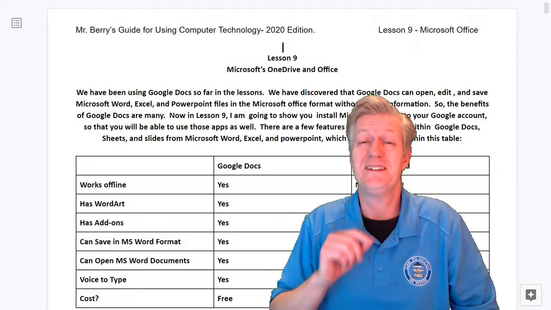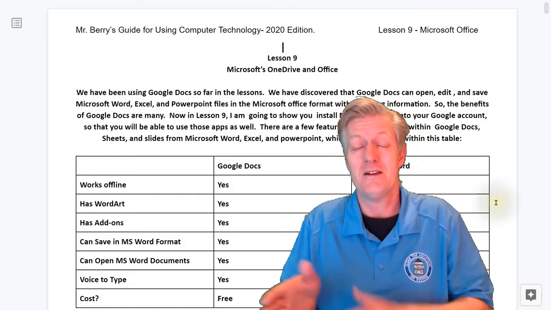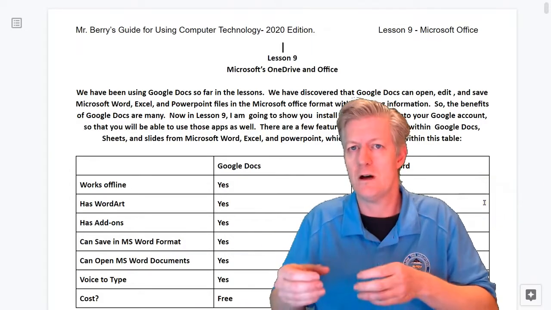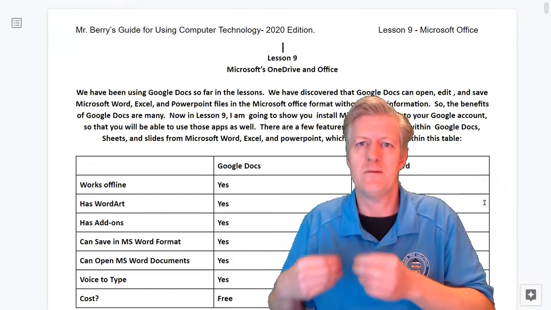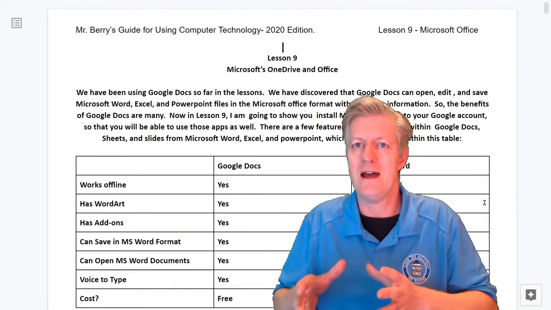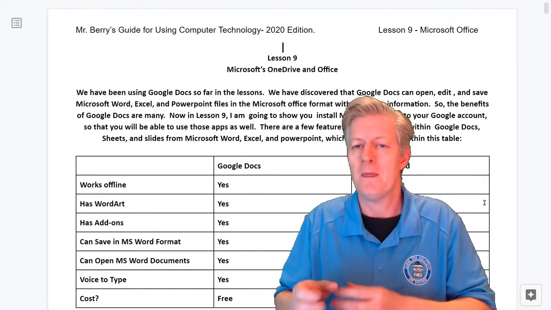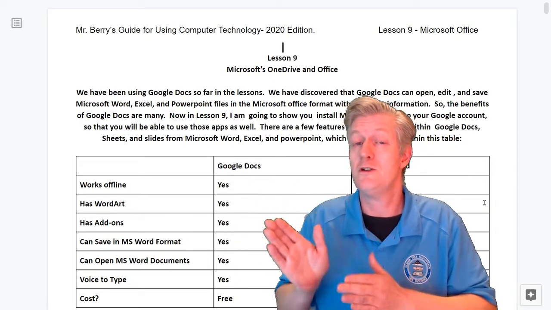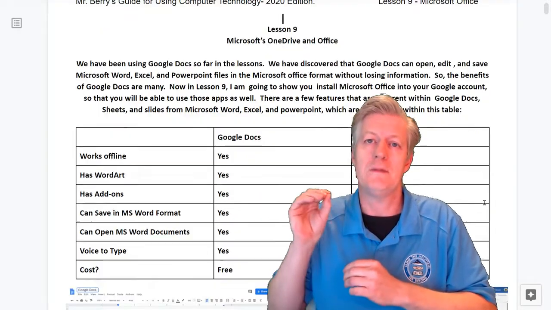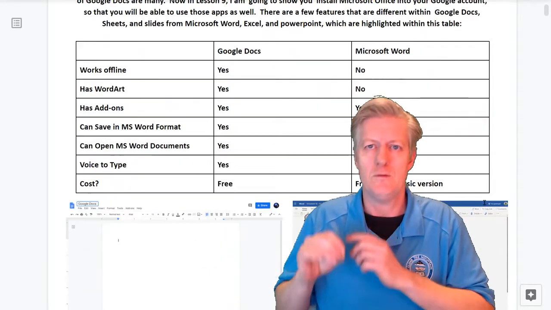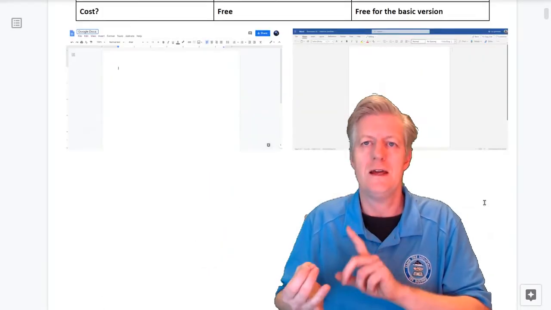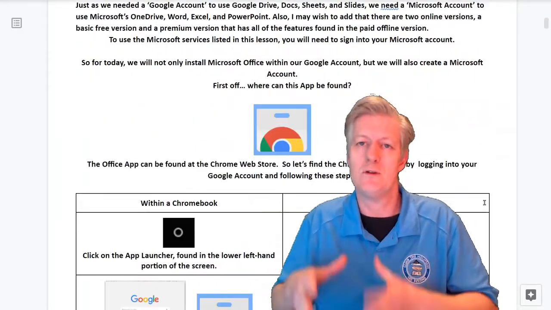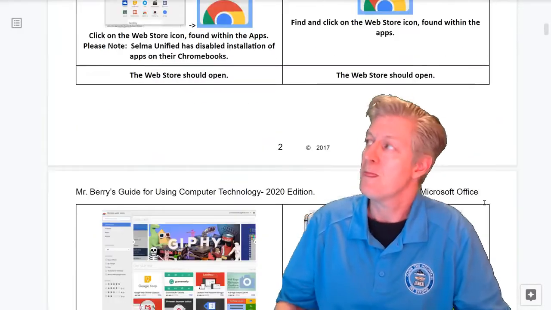Hey, here we are in lesson number 9. Now, as we were saying, lessons 3 through 8 are all about Google Docs, but there's also lessons in there about Google Photos and other fun apps, even installing apps. Well, lesson 9 builds upon those skills and shows you how to install Microsoft Office, that is Microsoft Word, Excel, PowerPoint,